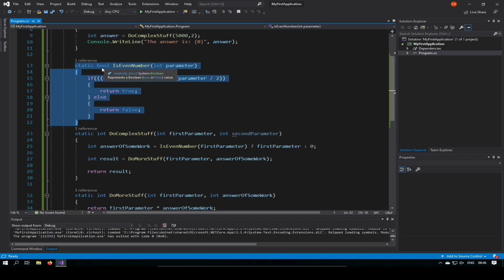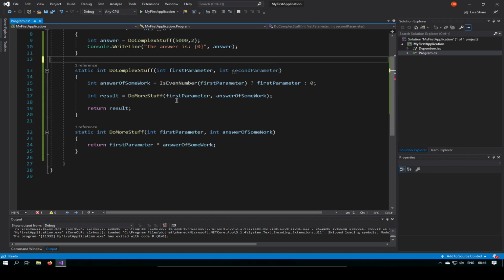If it's true, then you know it's even. If it's false, then you know it's an uneven number. But with a ternary application, we don't have to go through that. We can get rid of this entire method. And so over here, it's now complaining that this method doesn't exist anymore. So